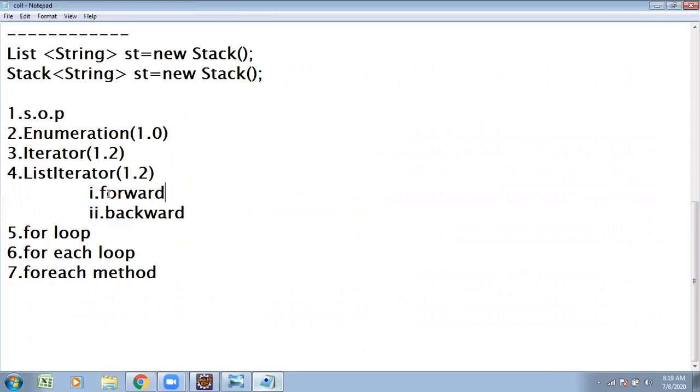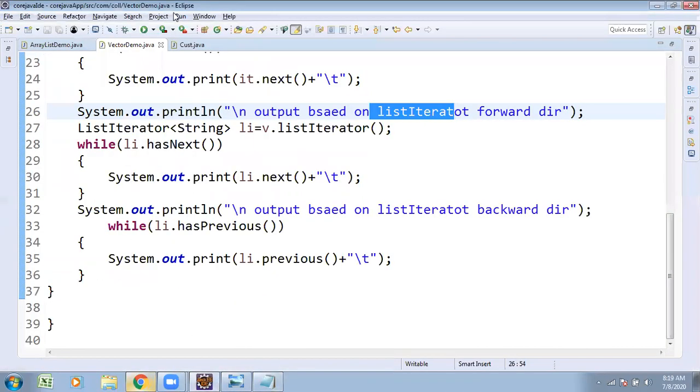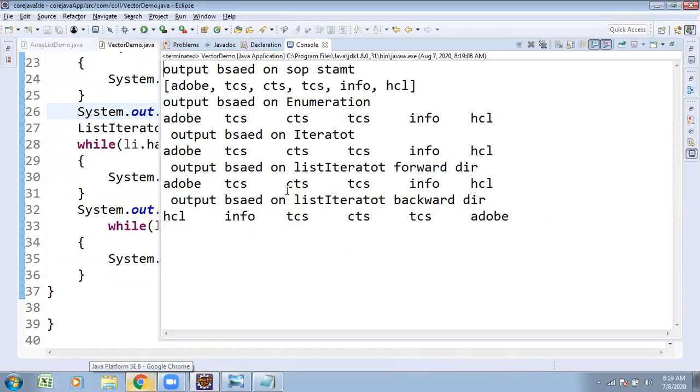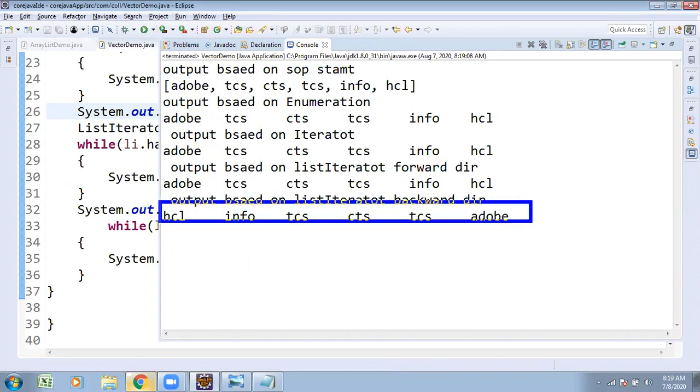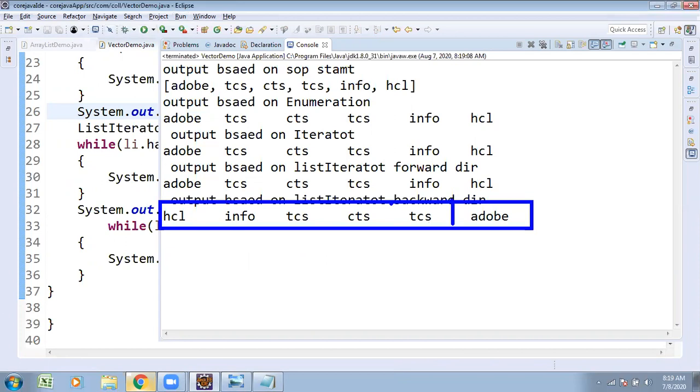So when you take the elements, vector also supports array structure only. When you do this, internally it is going to be stored with array structure. ArrayList type is stored internally with array structure. Index of 0, index of 1, index of 2, index of 3, index of 4, index of 5. Totally 6 elements are inserted. Based on that, the loop is going to be repeated. So this is a loop structure.